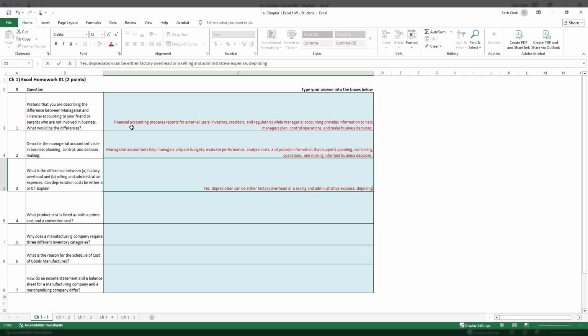Depending on the asset being depreciated. For example, manufacturing equipment would be factory overhead because it's used in the factory for the production of the company's products,